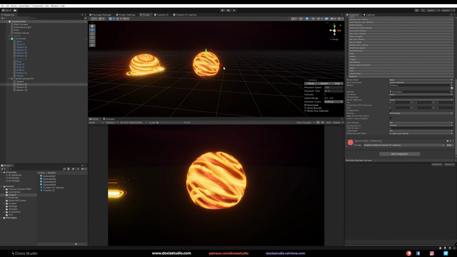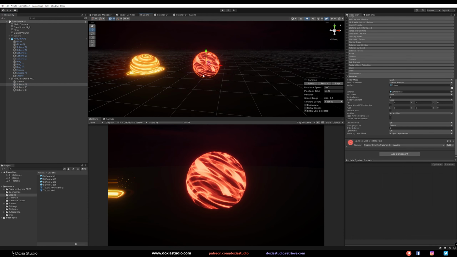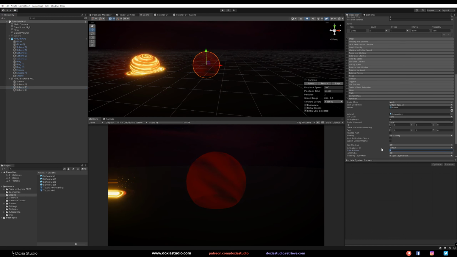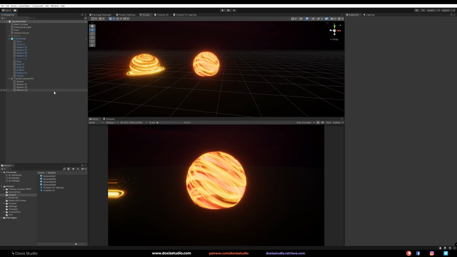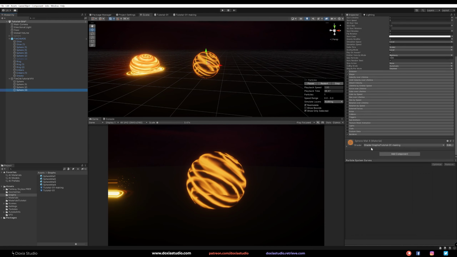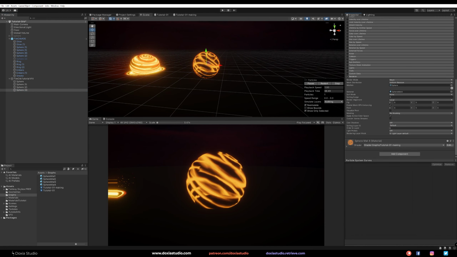On this one, let's remember which one is this. The red one, I want to keep this maybe at 3. This one will be at 0 or 1 because we will have a glow effect. Maybe, no, let's go with 0 here. And this one, I don't know, maybe 4 to be the second main one.